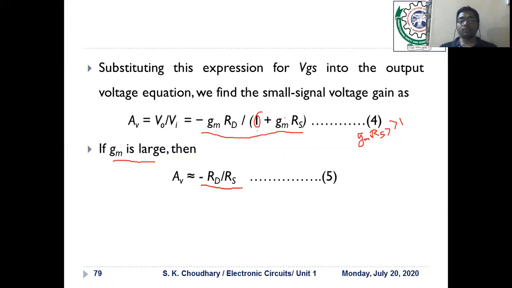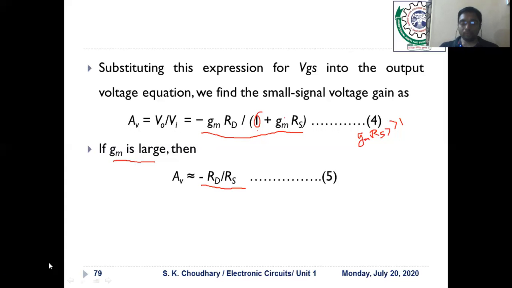You can see here the voltage gain now depends solely upon the ratio of two resistors present in the output network: one is the drain resistor, another is the source resistor. So this is also a valid formula, but an approximation, not the exact value of the voltage gain. The exact value would be calculated by means of equation number 4. From equation number 4, we also observe that the voltage gain of the amplifier without RS is larger than the voltage gain with RS connected, larger by the factor of 1 upon 1 plus gm RS.